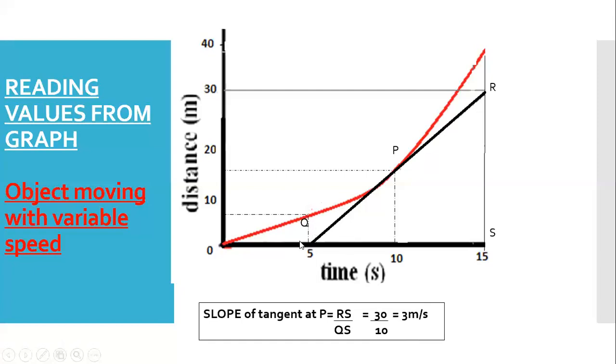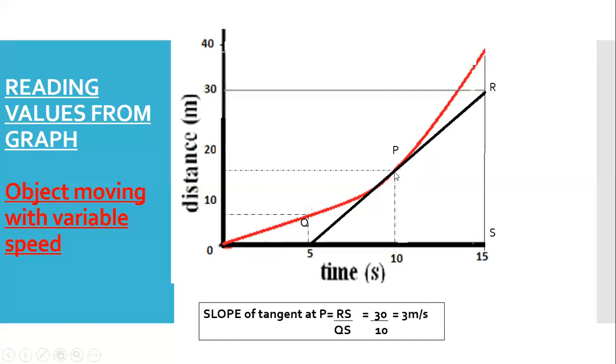I don't know how it went up. Probably by the settings it got changed. So 30 by 10 is going to be, or if you don't want to write 0, you can just simply take the values 30 and 10. And then your answer is going to be 3 meters per second. So 3 meters per second is going to be the speed of the body